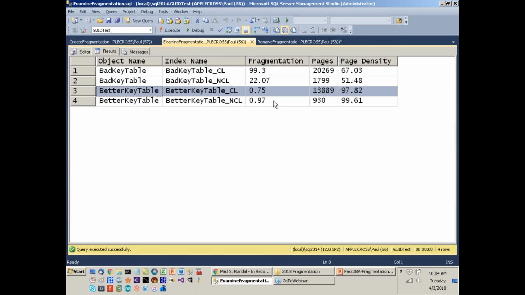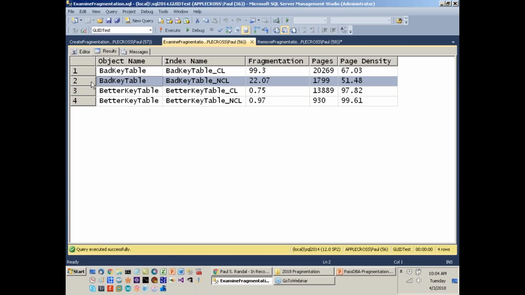But look at this. Our non-clustered index on our date time column with the bad cluster key is also fragmented. Okay, so this is a non-clustered index on a date time. It is a non-unique non-clustered index, and that's because my laptop can insert thousands and thousands of records every 3.3 milliseconds, which is the minimum time period that a date time column can resolve.